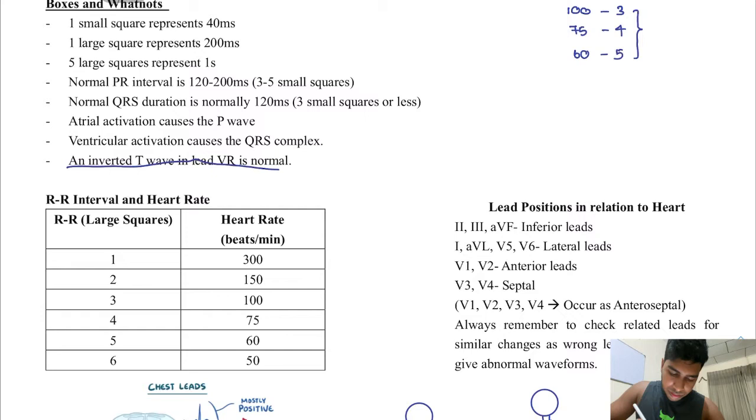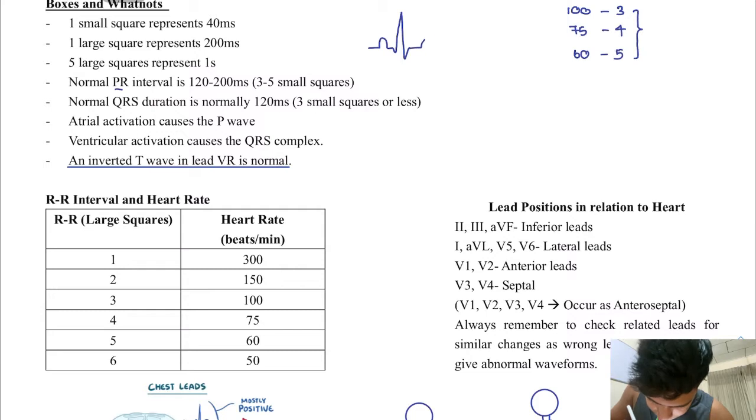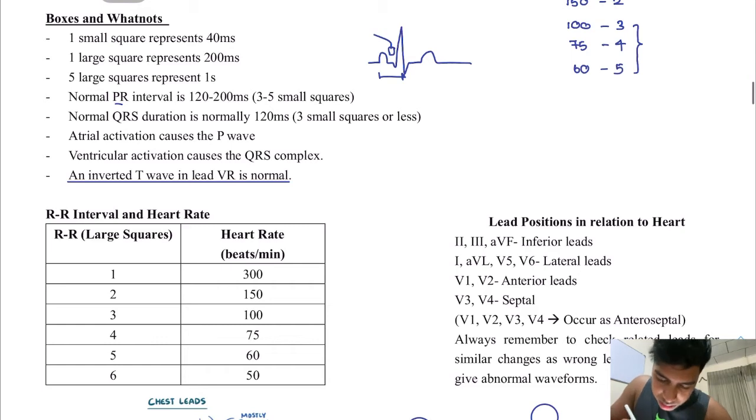An inverted T wave in lead aVR is normal. Okay, and a normal P to R. What is P to R? P, Q, R, S, T. P to R interval is about 3 to 5 small squares. Why is this important? Because this gap is going to tell us a lot of things. It will tell us a condition called a heart block. Okay, and the QRS complex is usually around 3 small squares. Okay,